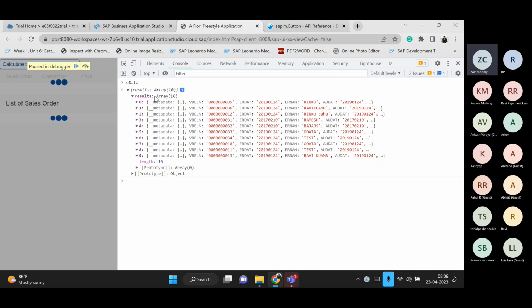Now what I told you, once you have the data from the backend server, what are you supposed to do? You should always use a model to store the data securely so that you can use it anytime in your code. How will you do that? Always define